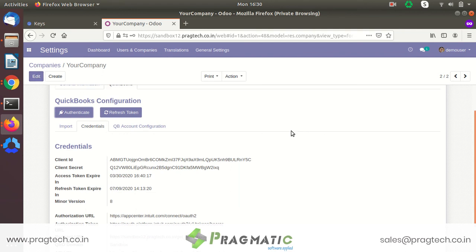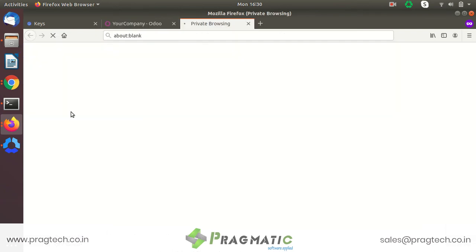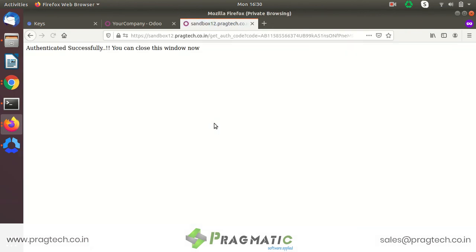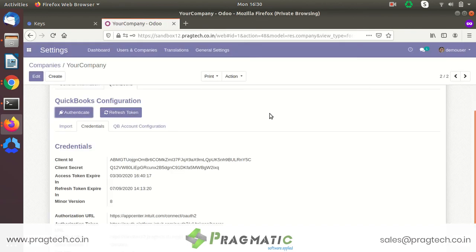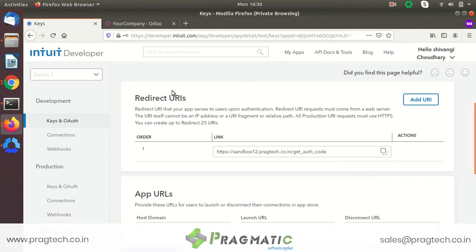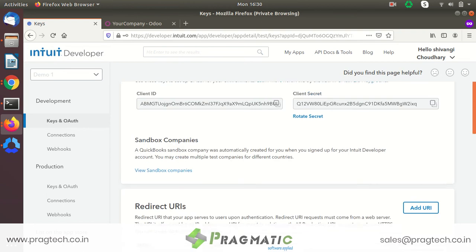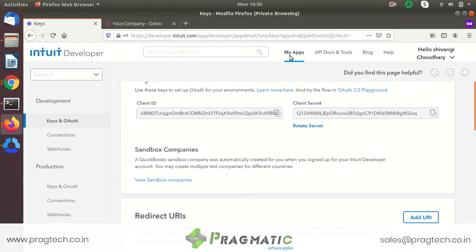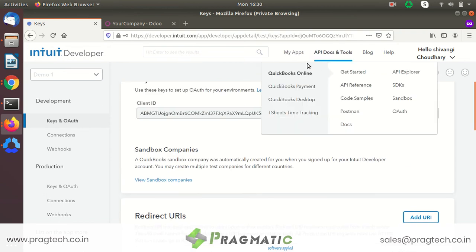After saving this, when you click on the authenticate button, it will pop up a window with a message, either an error message or a successful message. So if it says authenticated successfully, you can close this window. When this message comes, that means you are ready to go. So this was the configuration part that any new QuickBooks Online user needs to do to get the data synced with Odoo. One more thing that I would like to tell you is